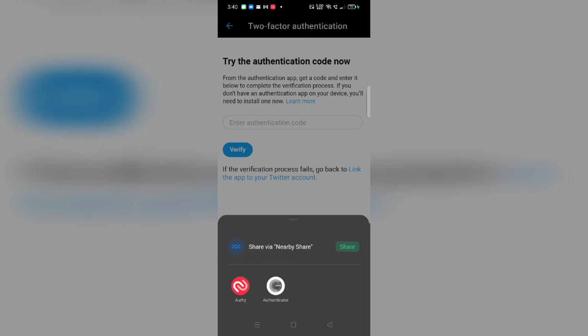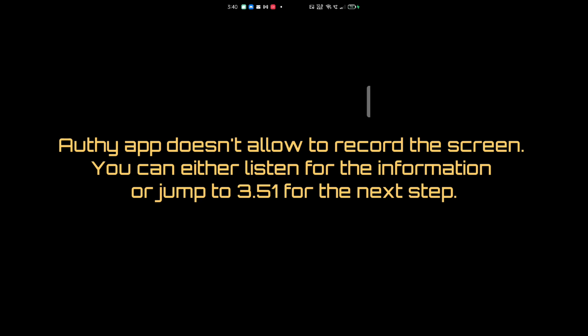When we click on link app now, it's going to give you these two. I have Authy and Authenticator. I can choose which application I want this two-factor authentication for Twitter account security to be enabled on. I'm going to click on the Authy option over here. It's going to load and give me my Twitter username, which I'm going to save. And that's it, voila. The two-factor authentication has been started.